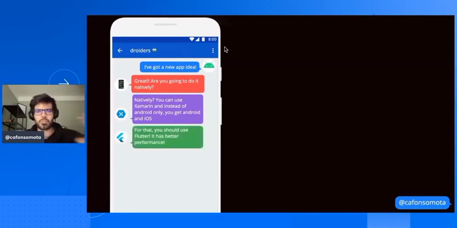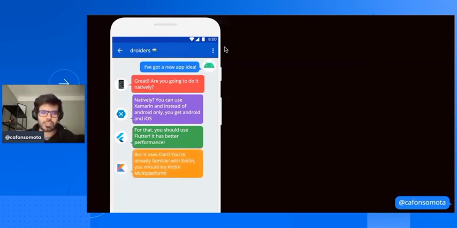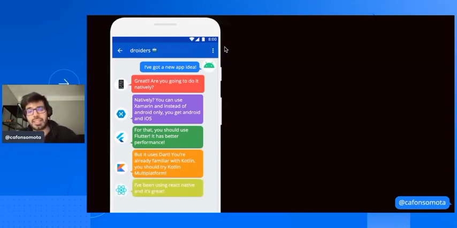And then someone from Flutter is going to say, for that, you should use Flutter. It has better performance. And if I'm in that group chat, well, it uses Dart. You're already familiar with Kotlin, so why don't you try Kotlin Multiplatform? And then someone from the web will reply, you've been using React Native and it's great. And then 12 other people are going to have their own opinion about how you should develop your app.